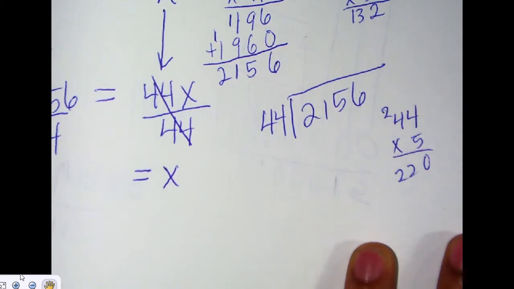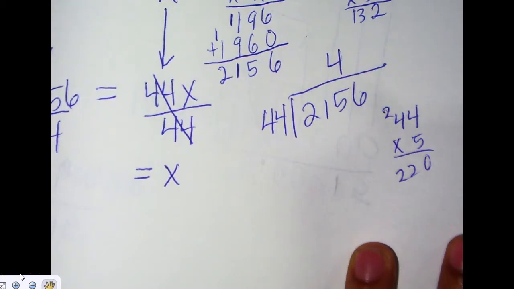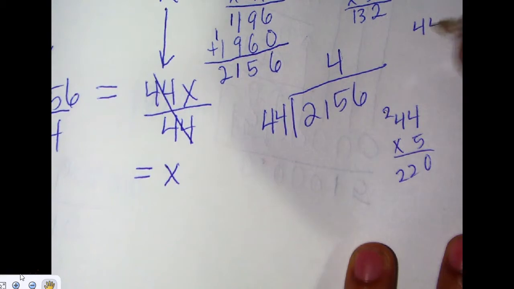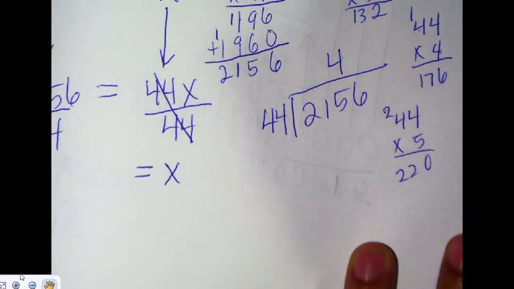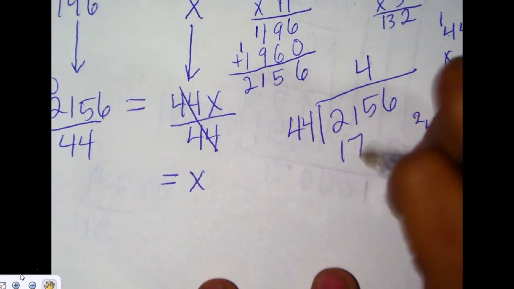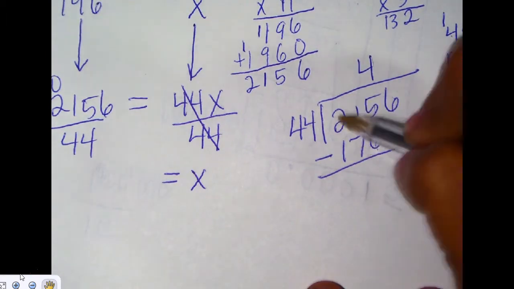So we overshot it, so let's go down to 4. We're going to go in there 4 times. We missed it. So let's do 44, going on the side here, times 4. Okay, that's 16 being multiplied, carry the 1, 176, okay? So 44 times 4 is 176, subtract, we have to borrow, so let's make this a